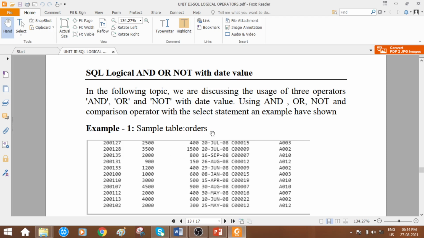The table name is orders, and you're finding 1, 2, 3, 4, 5, 6, so totally 6 columns. If you check the fourth column, it is some date values, right? And this is C followed by some value, so these are the customer IDs, which customers have placed the order.